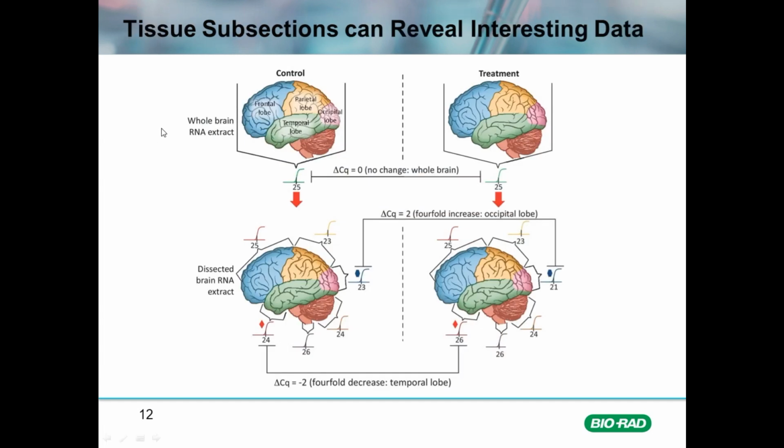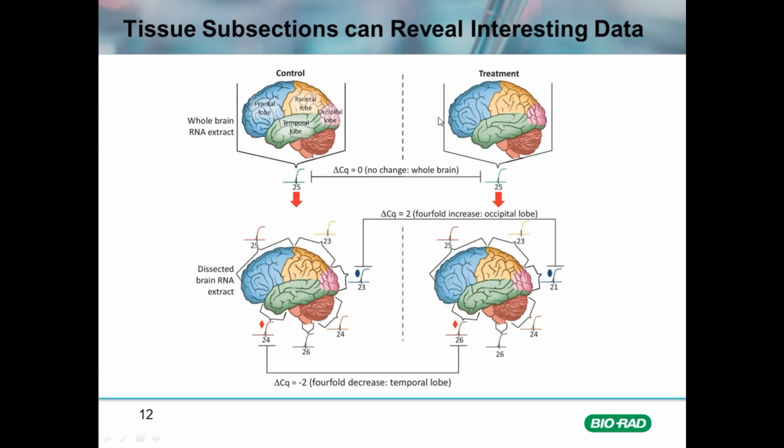Tissue is another interesting subject in qPCR. And when tissue is extracted from an animal, it is often not described in detail how to subsection tissue and the effect of subsectioning tissue on the results. So in this particular example, 2 treatment groups were chosen, control versus treatment. And in the upper